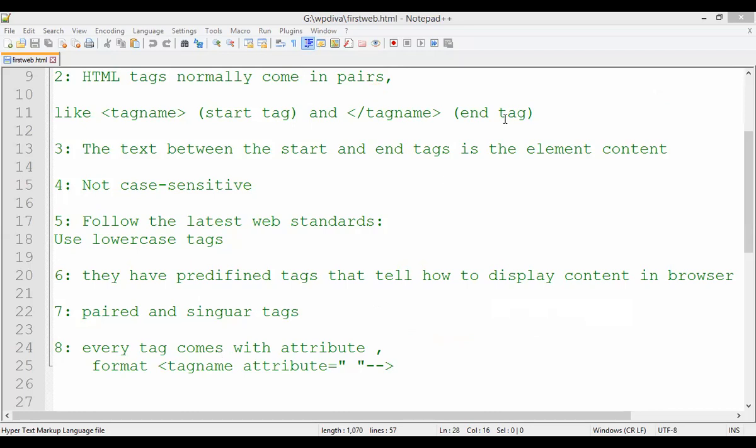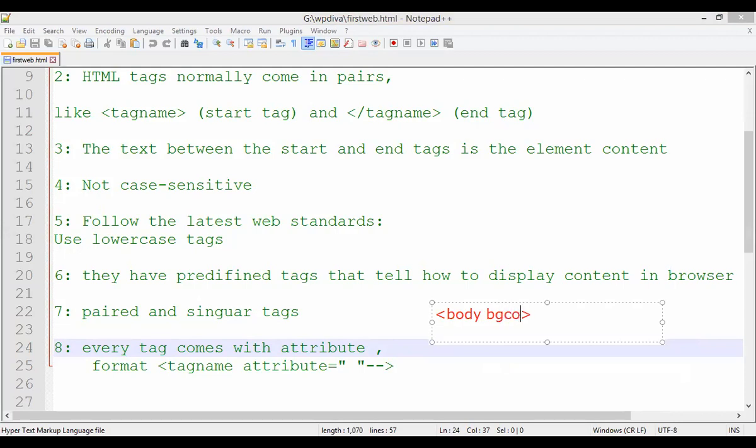Now, the 8th point. Every tag will also have some attributes. For example, suppose I am taking a body tag, right? What is body here? It is a tag, a simple tag. Now, when I want to add some background to my entire body. Body means the browser. Whatever you want to display in the browser appears in the body tag. So whatever you type in between the body tag will appear on the browser, and whatever properties you apply to the body will be applied to the browser.